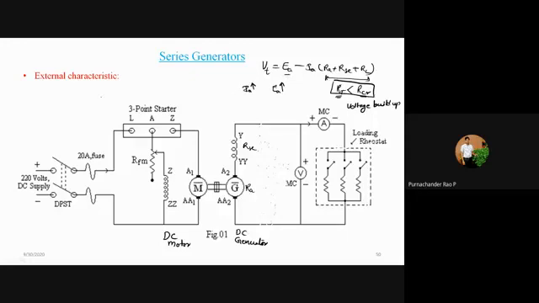In the previous case, we adjusted the terminal voltage to the rated voltage. Then only we applied the loads. But this is not the case with the series generators, because as the load current is very less, the current through the field winding is less, and therefore the voltage buildup will be